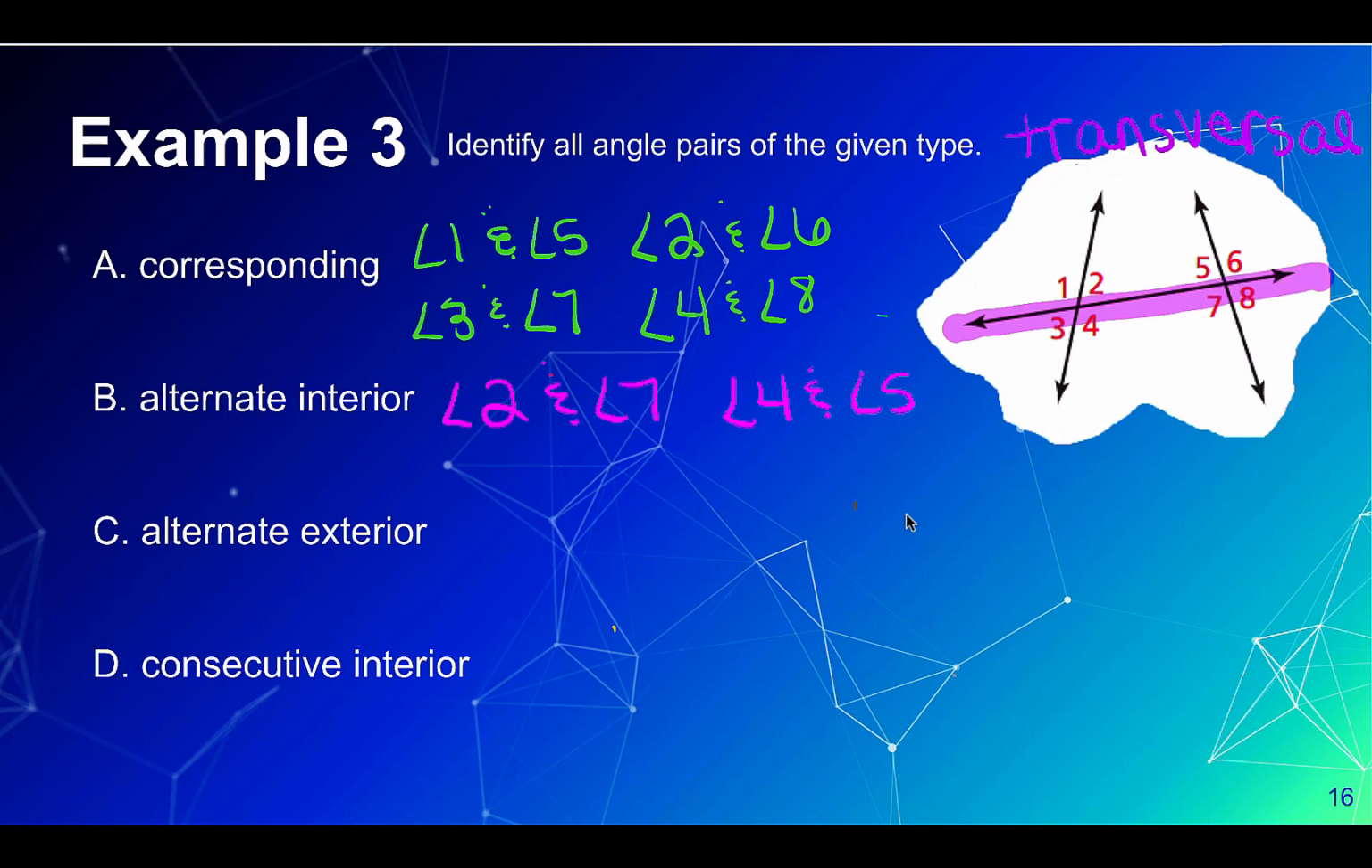Alternate exterior, they're going to be on the outside of our lines, and they alternate on the transversal. So 1 and 8, they're on the outside of our lines, and they are on opposite sides of the transversal. And 3 and 6, angle 3 and angle 6 are the only other two. And then our last set,